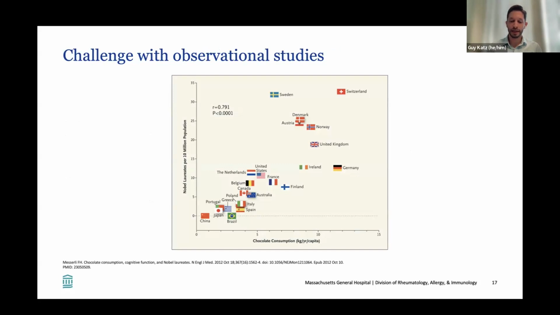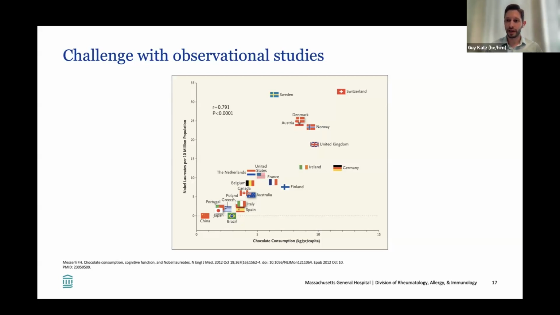So this is a study that looked at the correlation between chocolate consumption in different countries. So looking at per capita chocolate consumption and the number of Nobel laureates that come out of that population. And you can see here that there is a very, very clear association where the more chocolate consumption there is in a country, the more Nobel laureates they produce. But I think we all know that there's nothing that chocolate consumption does that leads a person to become a Nobel laureate. So there are other reasons that countries that have more chocolate consumption also turn out to have more Nobel laureates. And those are social, economic, very, very many other factors that are associated with it.